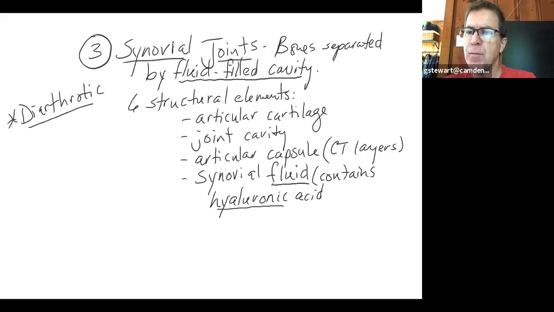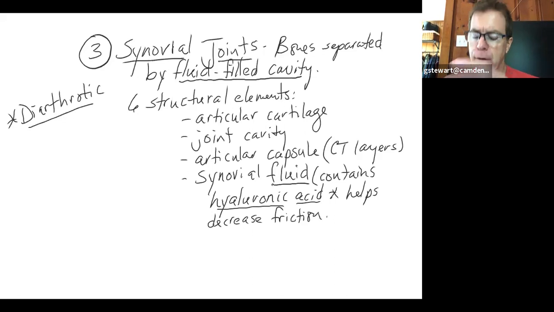It's secreted by cells in the membrane of the joint itself. And what it does is it helps the fluid overall, but hyaluronic acid also helps decrease or reduce friction, just like oil in the engine of your car. So we've got 1, 2, 3, 4. There are also